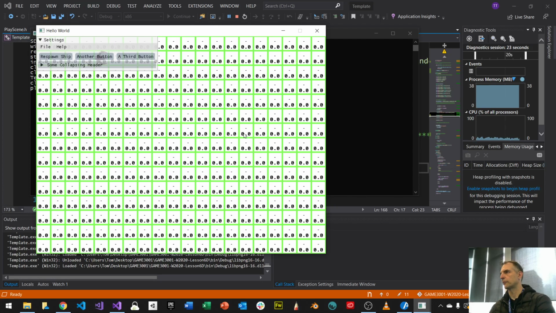Good? Random positions. All right, I want to do the same thing with my planet. Okay, so I don't have a planet yet, but I want to instantiate a planet, and then I want to spawn the planet in different positions. Okay, so how do I do that? Well,